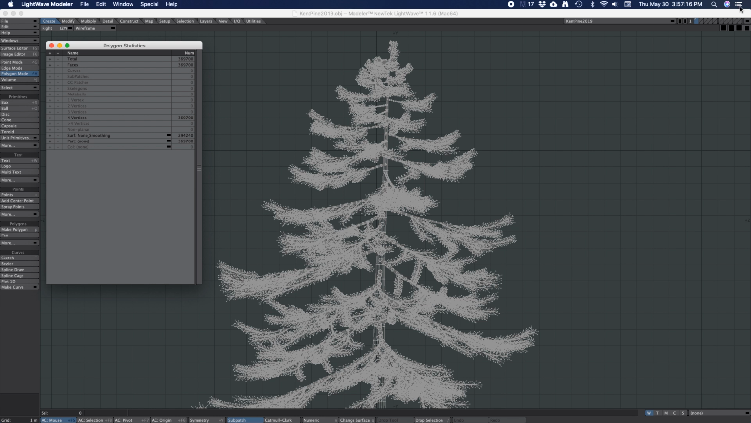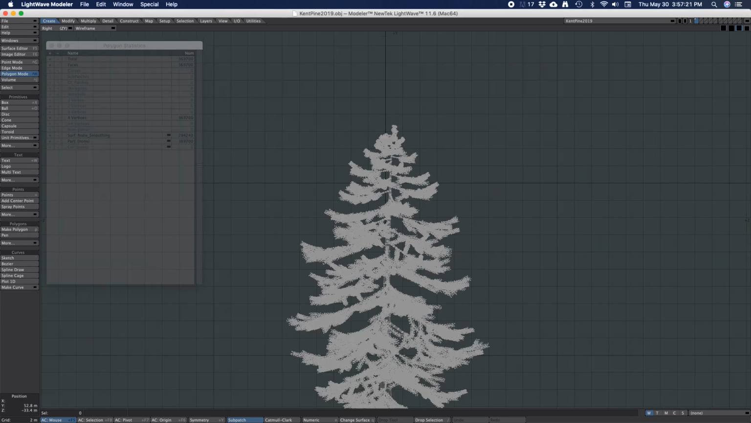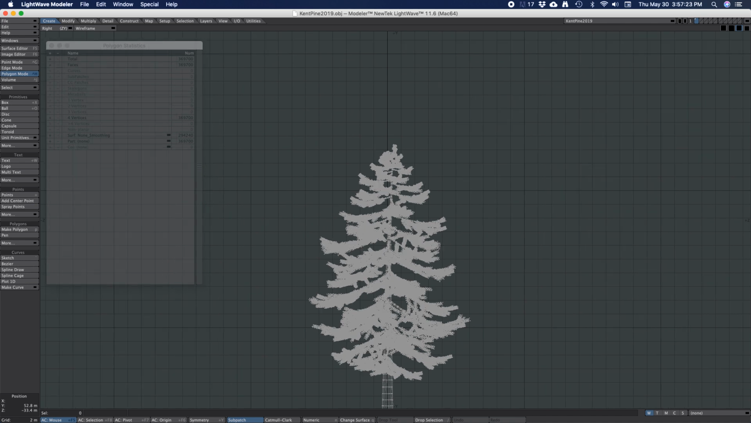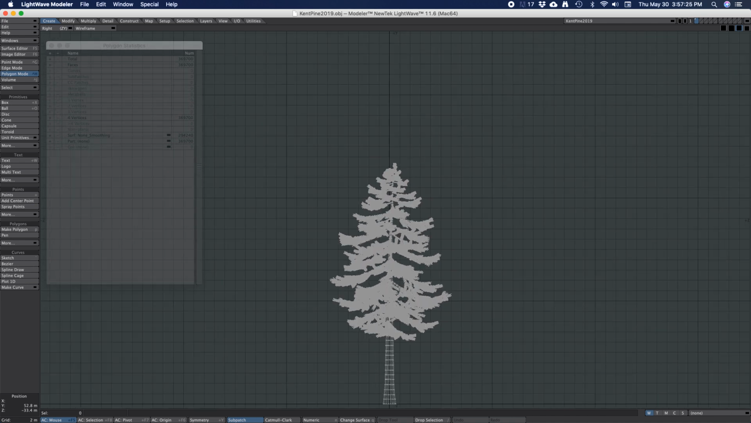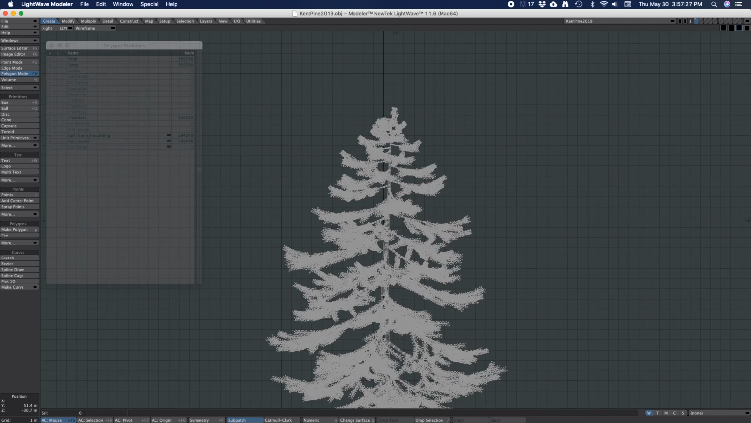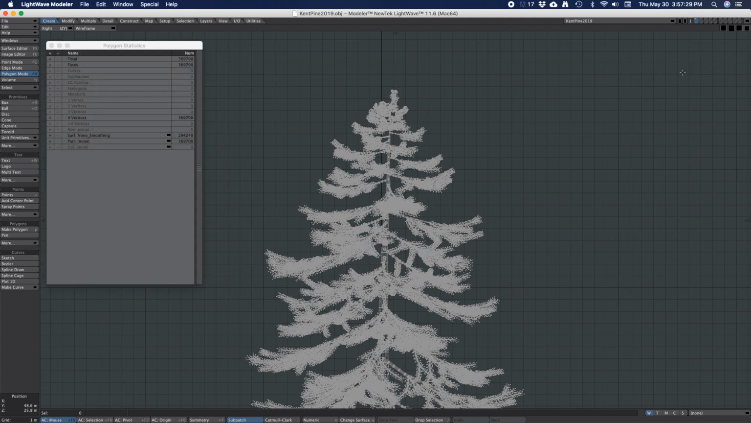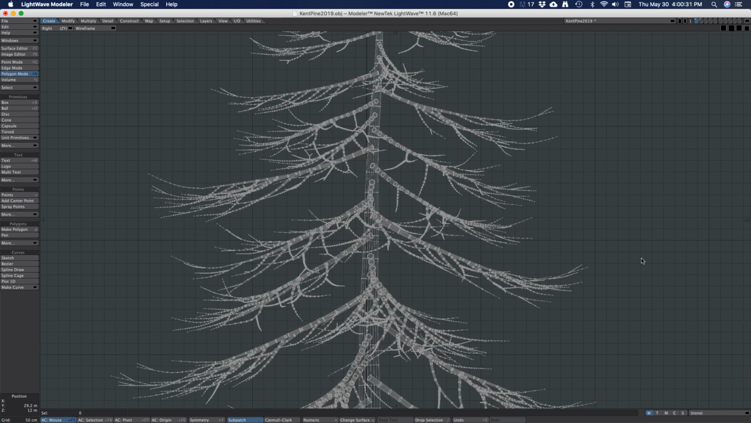tree. I don't like that the tree is so pruned. You know, I want it to look more wild. I want to prune this tree, and I'm going to use the volume, and I'm just going to make a box here,